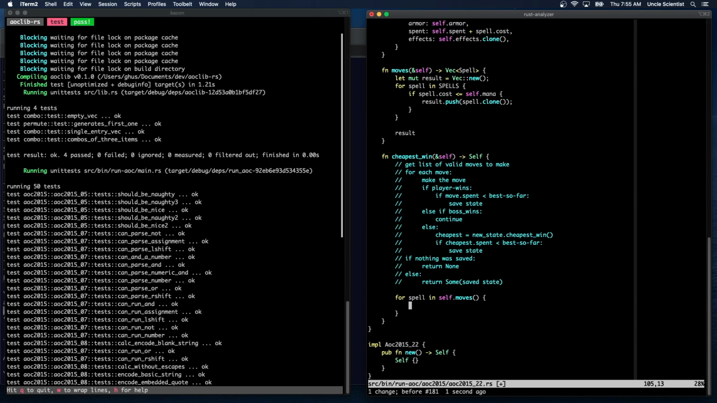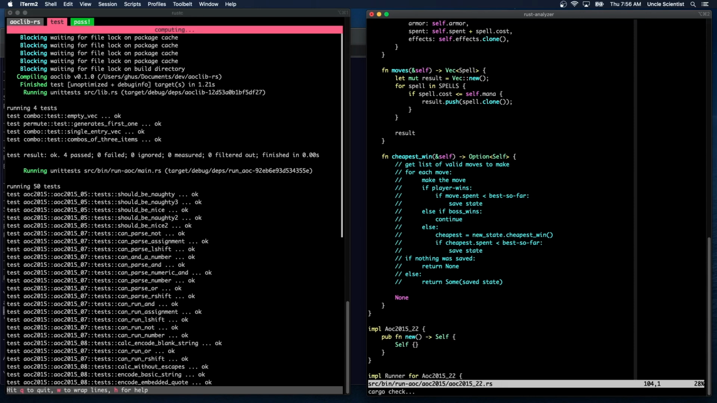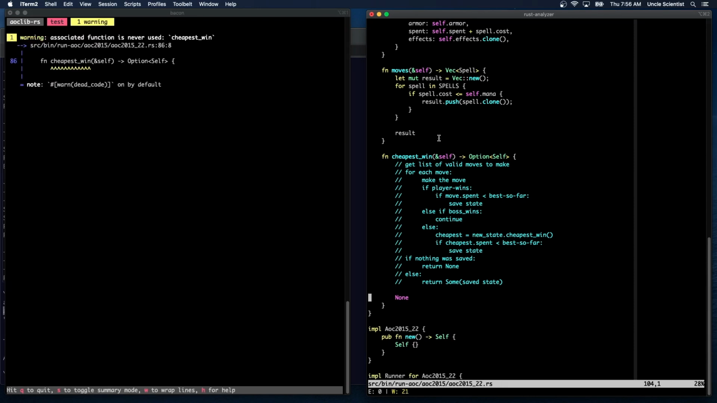Okay. We're going to make the move. So that means let our move state is equal to self.cast. Oh, we didn't test effects for casting, did we? And that's right. We also want to make this an option self. So what I'm going to do now is just say none. That should build. And we're not calling cheapest win anywhere, but that's okay, because what we're going to do now is